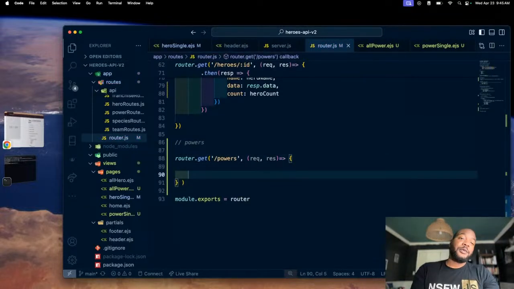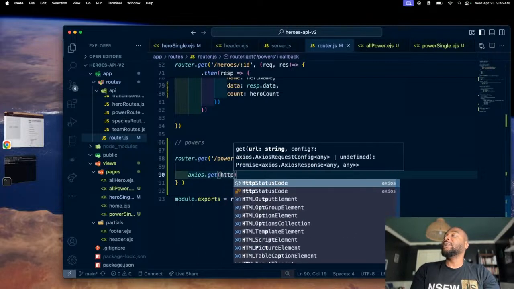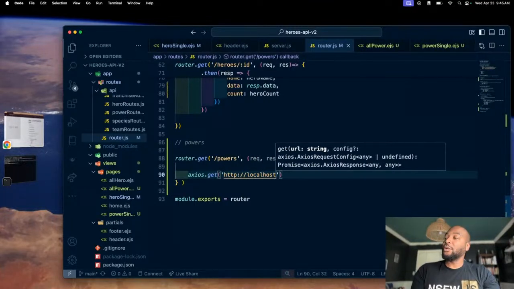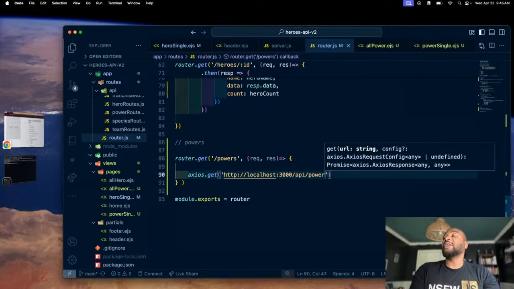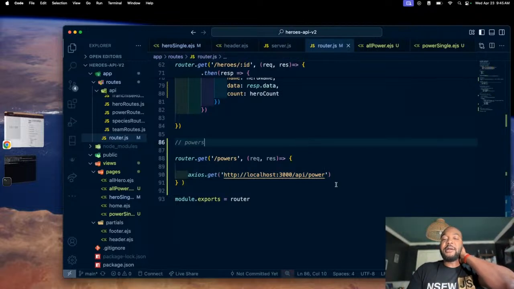And what we're going to do is we're going to make a fetch call. So axios.get http://localhost:3000/api/power. So you can see I'm doing this different ways to show you that there's no one way of